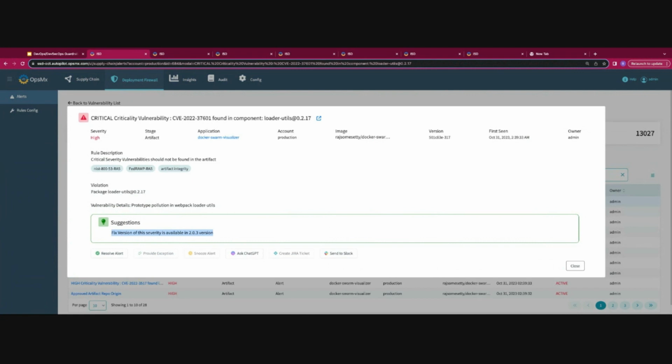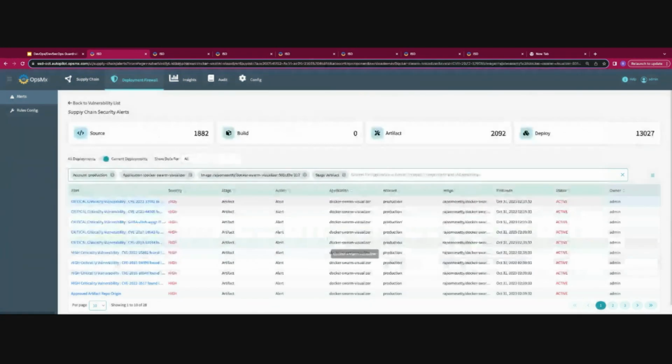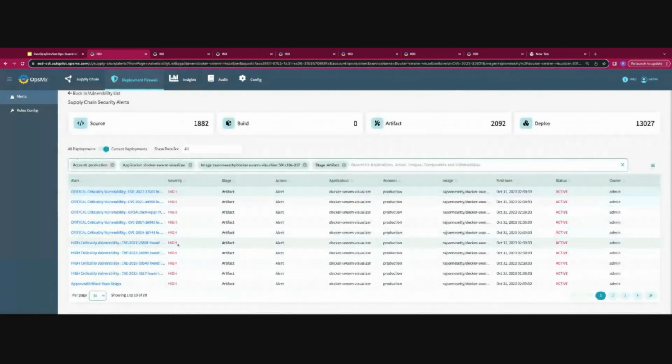So we're doing this for every vulnerability that you're going to see, right? So any of these vulnerabilities that have triggered an alert because you've set your alerts up to monitor for higher or critical vulnerabilities,